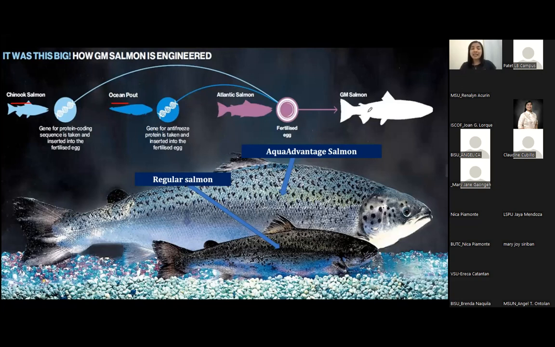This means, class, genes which are conserved and beneficial, for example for a particular trait you are targeting, are taken from a source. So basically, this is the transgene, this will be inserted here into the fertilized egg, and it will be hatched into a GM salmon, a genetically modified salmon.